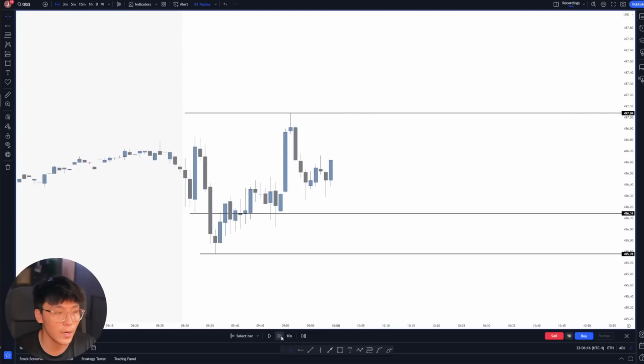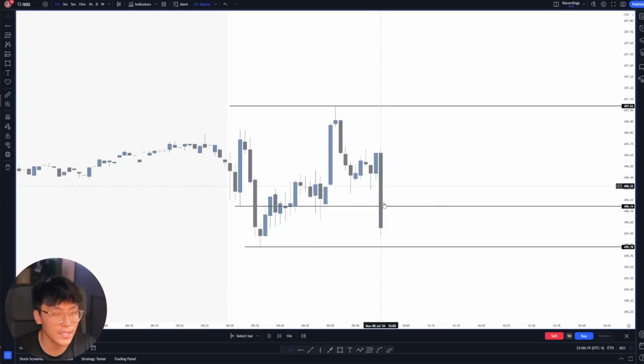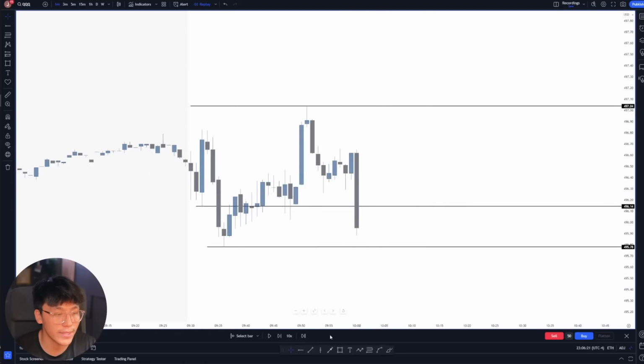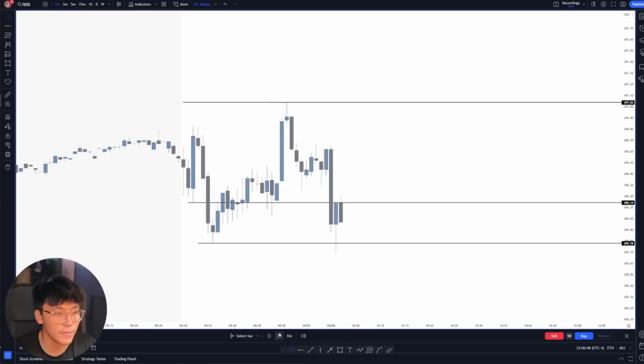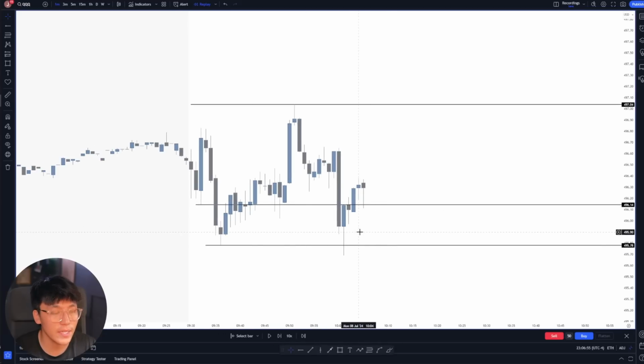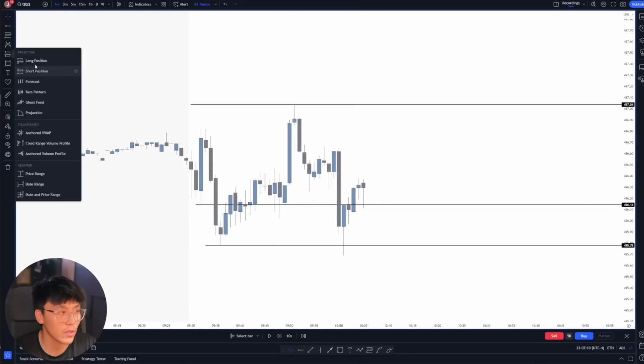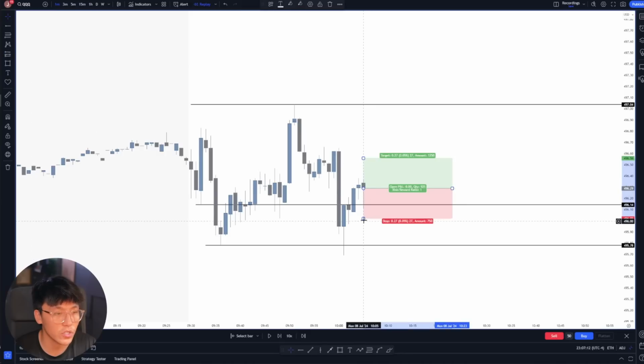So we'll play out the tape here. You can see that price ends up having a strong push towards the downside. You can see we end up tapping low of day. So you can see price ends up reclaiming our key level, which is our opening candle range low on the 5 minute. You can see we have multiple touches here, and it's showing that buyers are stepping in off this 496 candle. That's where we can look to take our long positions with a stop just at low of day, and we can look to target high of day. As we play the tape here,